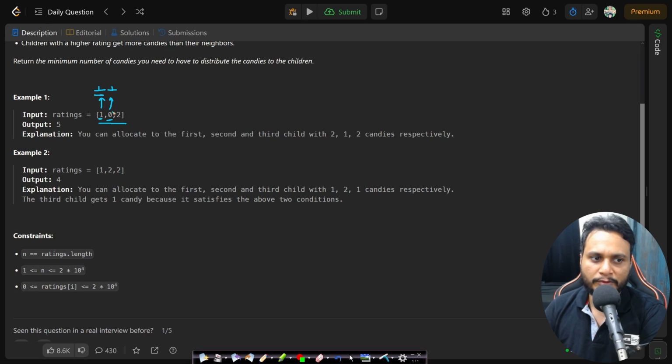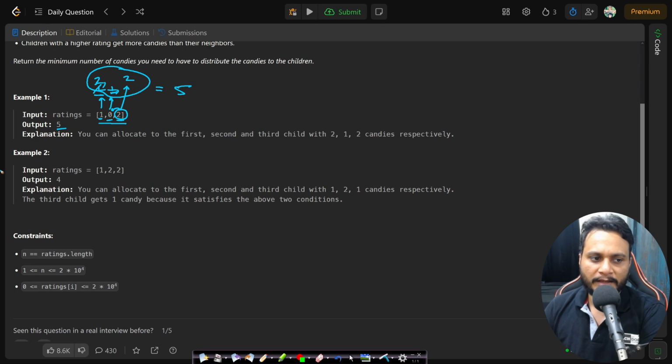So if you assign 1 to this 0 rating, then the first child has to get 2. And now this last guy, since his rating of 2 is higher than the adjacent, he has to get a higher value than 1, so he also has to get 2, right? So the optimal assignment, so that you spend the minimum number of candies and each one of them gets at least one candy, is 2 1 2,